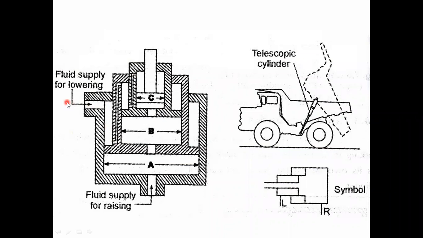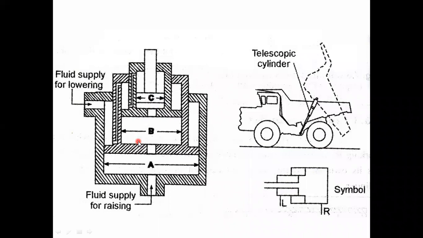When we have to actuate the cylinder, we pass the supply from this portion, and when we have to retract the cylinder, we pass the supply from this portion. First it will lower the first cylinder, then supply the oil toward the second cylinder, which lowers the second cylinder, then passes the oil towards the third cylinder and lowers the third cylinder. In that way, a number of cylinders are placed in each other so that we can achieve a larger stroke length.